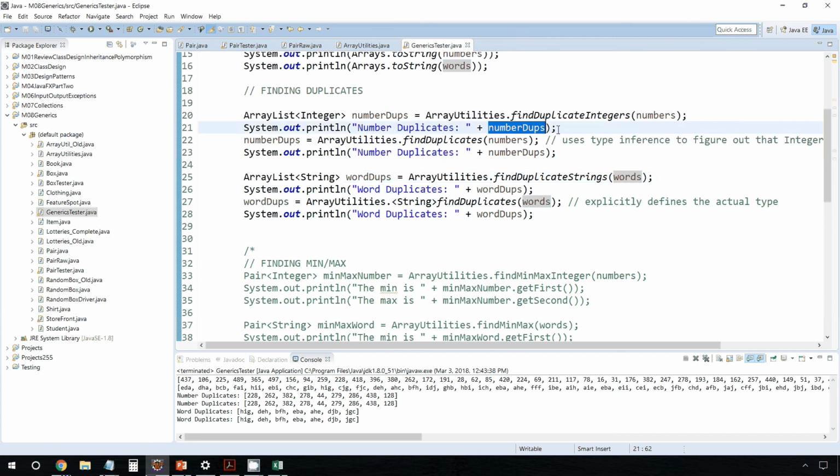Now, if I were to try to pass in my integer array in here, I'd get a compiler error because it would say, you're telling me that string is the generic type, and then you're giving me an integer array, and that doesn't work. Similarly, if I were to try to,